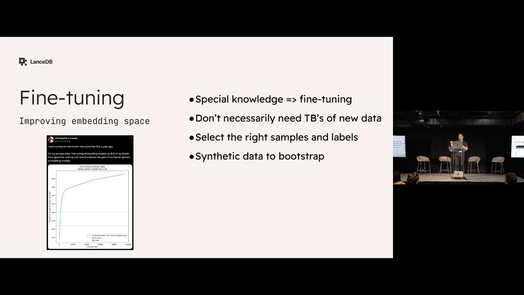When we start putting this into production, we don't have user data to start with, and if you need an initial boost in quality, synthetic data is often a great way to start.